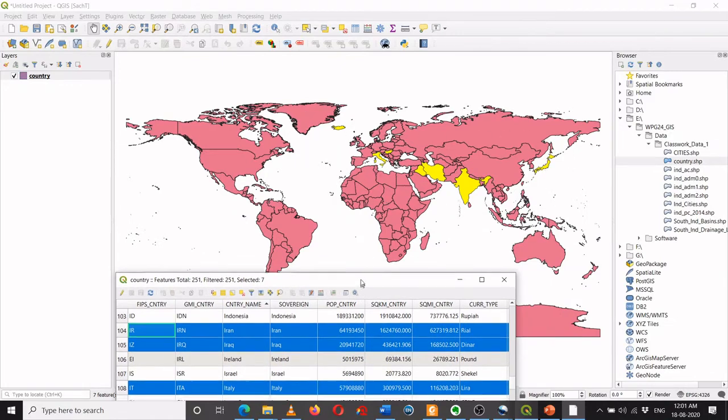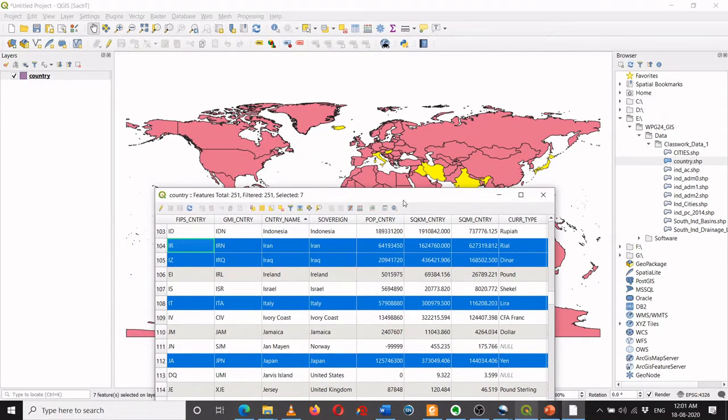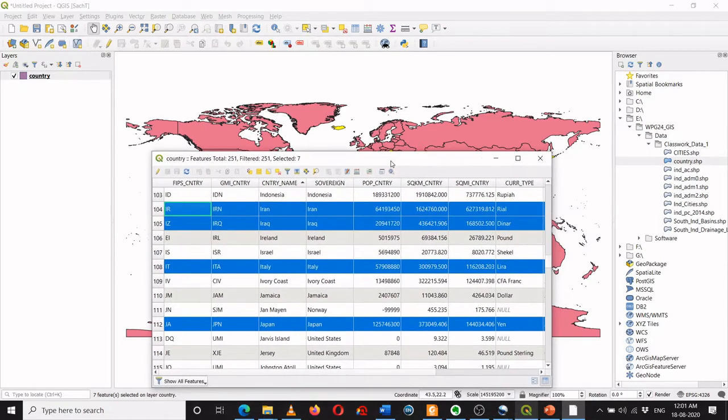Okay, so this is how the attribute table and the map are linked. I'm just repeating again, one polygon is represented by one row in the attribute table.